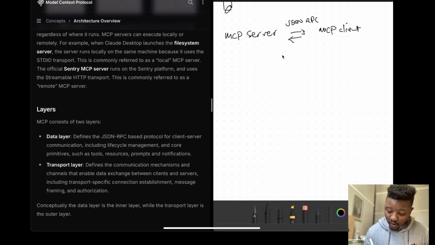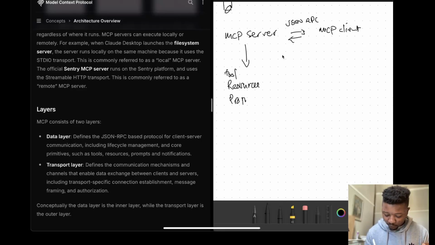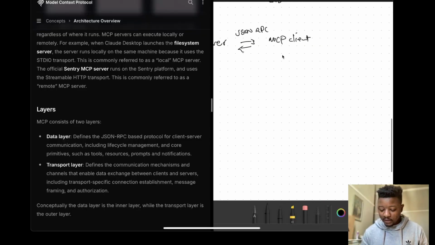So here in the MCP server, this is where you write your custom logic, like your tools, your resources, your prompts, right? And then the client is where